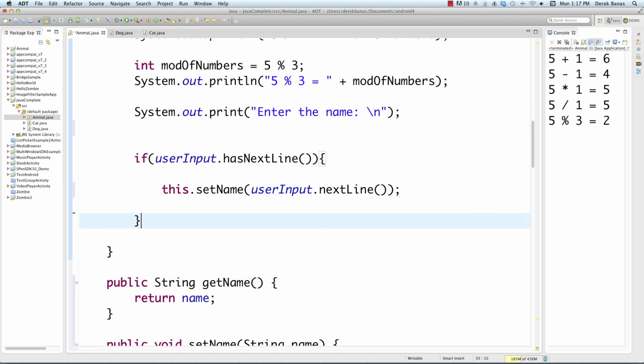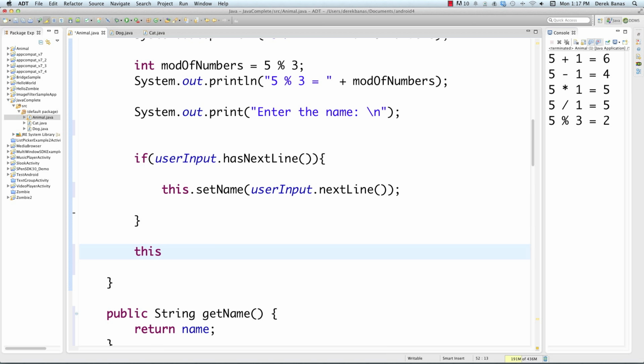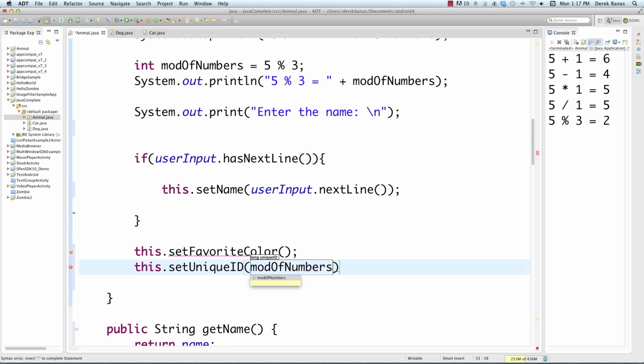Now what I'm going to do is a couple little weird things just so I can demonstrate all the other things in Java. I'm going to go set favorite color, and I'm going to do some weird stuff in there. And this is how you call a function, of course. Set unique ID and call that as well. But in this situation, I'm going to get rid of that, even though it's going to cause an error, because